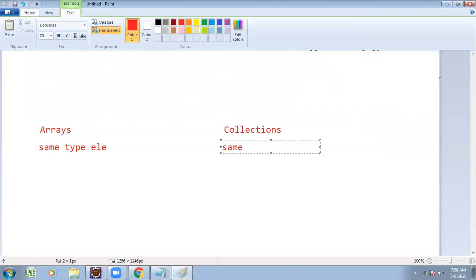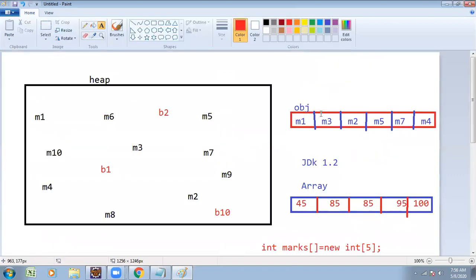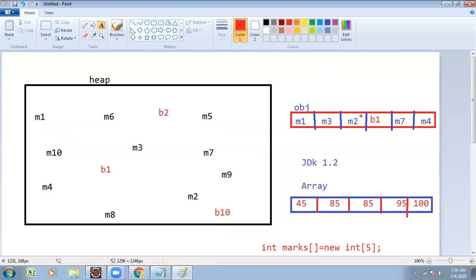In this example, I created one array, and it is going to store only mobile class objects. Don't think only mobile class objects are stored; a collection is also ready to store bike class objects. Suppose B1 is one object. It stores homogeneous, same type of elements, as well as heterogeneous, different type of elements.